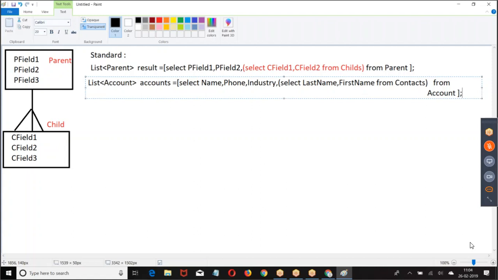Now let us take account and opportunity. List of account.